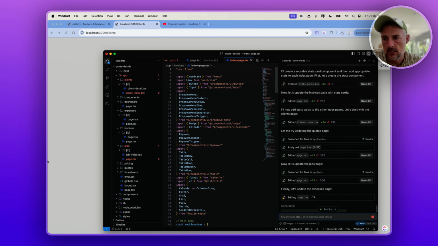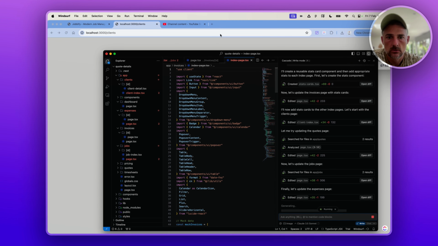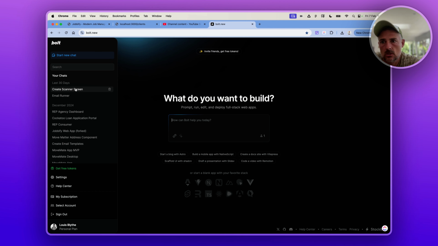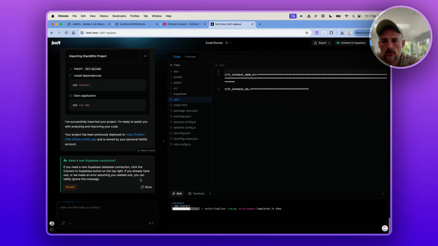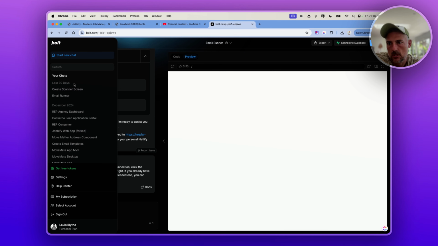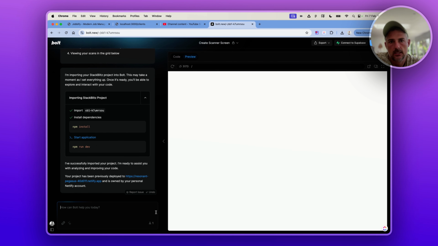So you don't even need to copy these errors anymore. You used to have to copy the error and paste it continually, like in Bolt. When you're in Bolt, if this errors, my God, it was so punishing. Anytime it would error, I'd have to copy paste the error. Like, that's not even previewing anymore. It's so frustrating. I'd be copy pasting this error continually back and forth into the chat down here, and